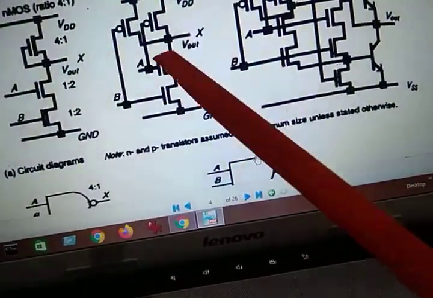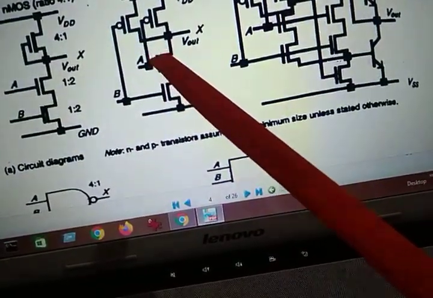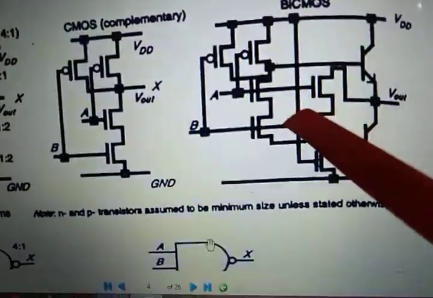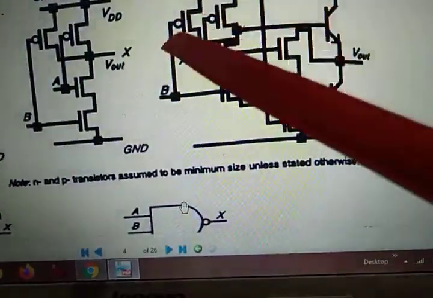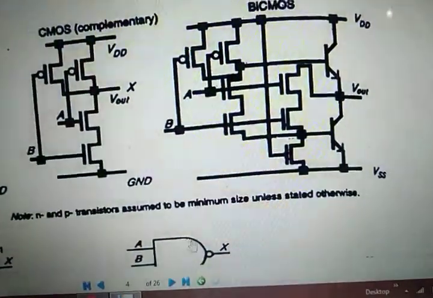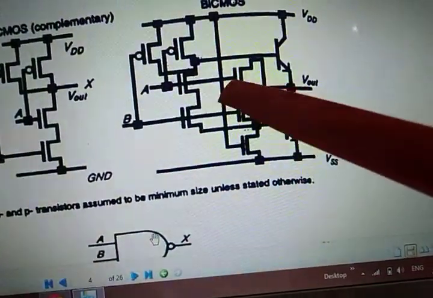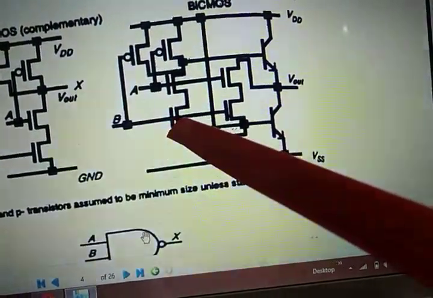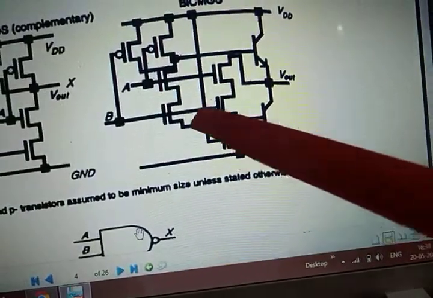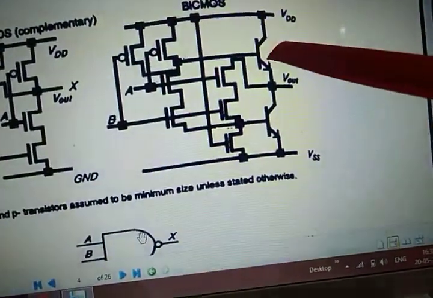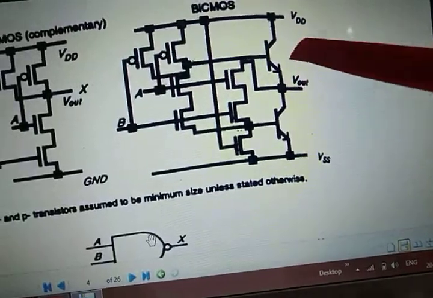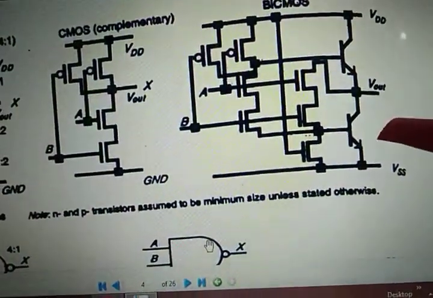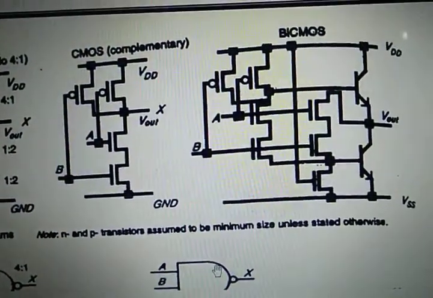I already explained how to draw the circuit in CMOS with the NAND gate. And this is the BiCMOS. BiCMOS is like half of the CMOS, it will be the same, and then these three transistors will be connected to the NMOS of one and the NMOS of the other, and the third transistor is connected to VDD, and again we connect a BJT. So why do we have to use a BJT transistor here? To enhance the output we just connect the BJT transistor.